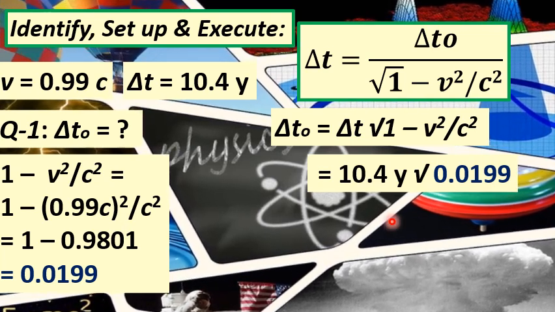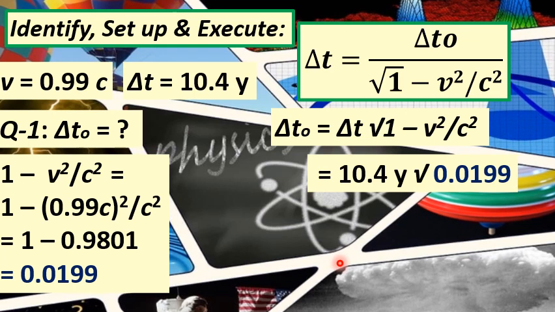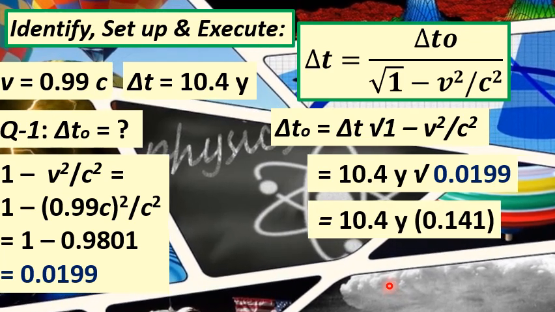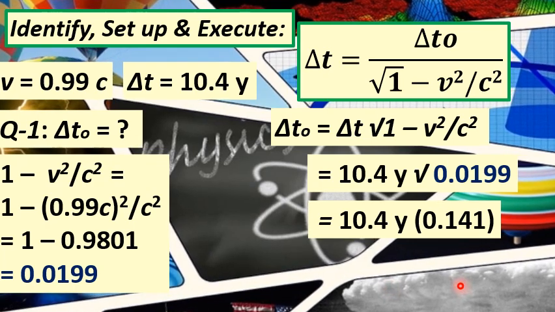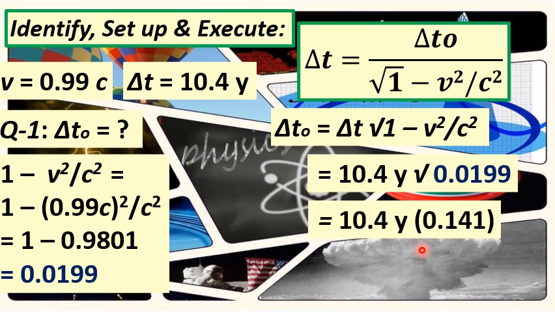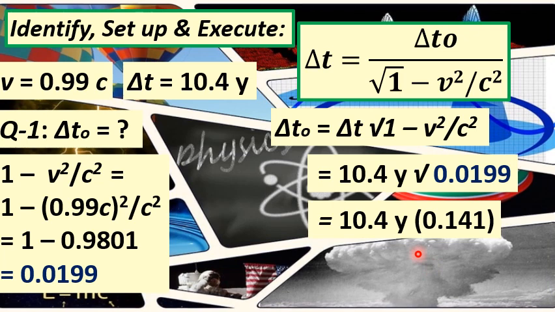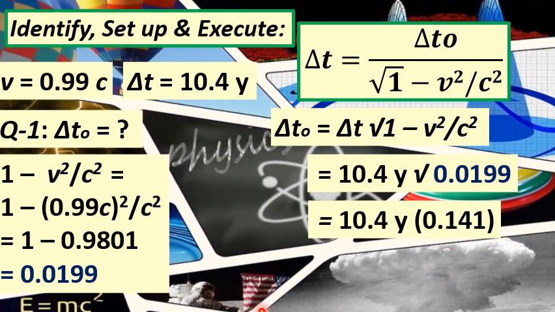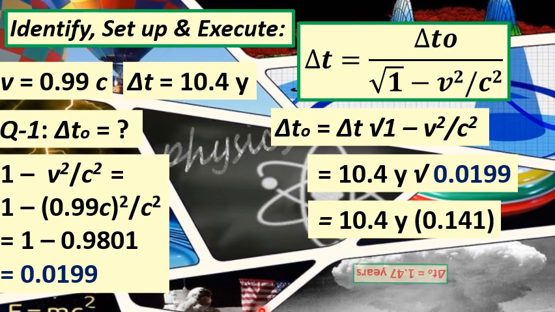So doing our math, we will get 10.4 years multiplied by 0.141. That is the result of getting the square root of 0.0199. And finally, we arrive at the value of delta t naught equal to